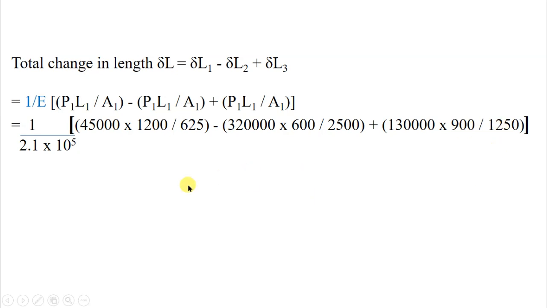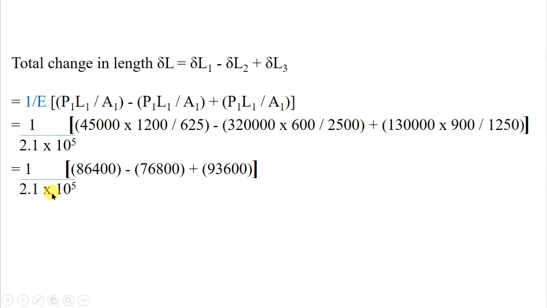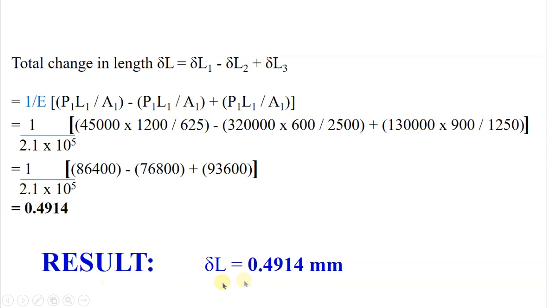So we are getting 1 divided by 2.1 into 10 power 5 into 86,400 minus 76,800 plus 93,600. You are getting it as 0.4914. And the result for this, the total change in length delta L, is equal to